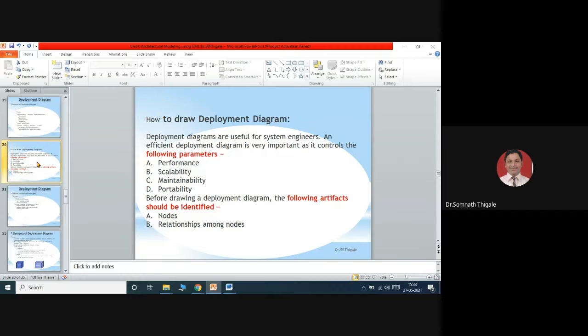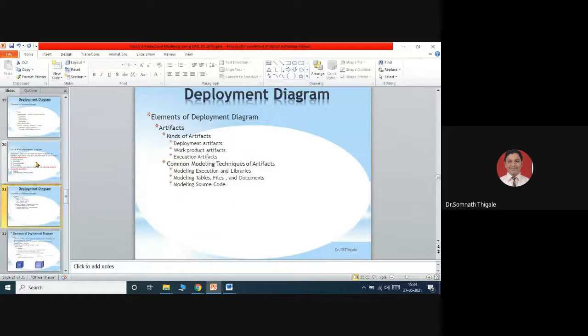Artifact means usefulness or a supportive kind of scenario. We will call it simply artifacts. So nodes, and the relationship among the nodes. So in case of deployment diagram, we need to take into consideration two parts. One is nodes, and the second one is the relationship among the nodes, which plays an important role. So let's discuss each one of them.